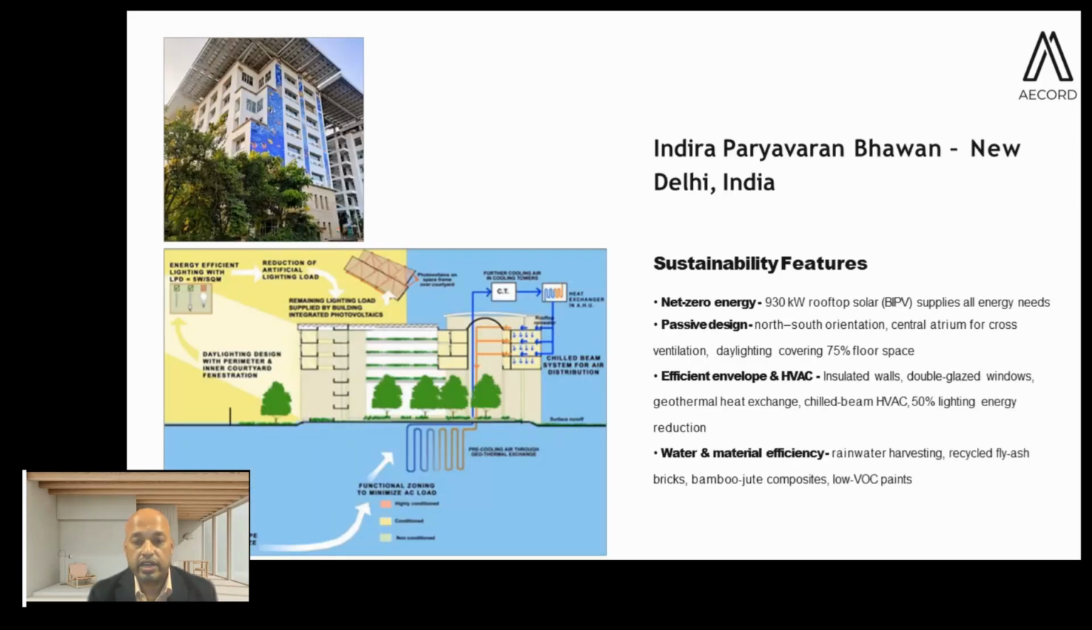So this building has already achieved net zero energy with 930 kilowatts rooftop solar BIPV, that is building integrated photovoltaic. And you have a north-south orientation, central atrium, cross ventilation, daylight covering 75% of the floor space, then efficient envelope and HVAC. Chilled beam concept in HVAC, which is similar to radiant cooling, but it can be 40 to 50% more efficient than conventional air conditioning, whereas radiant can be 60 to 65% more efficient compared to conventional air conditioning. And also